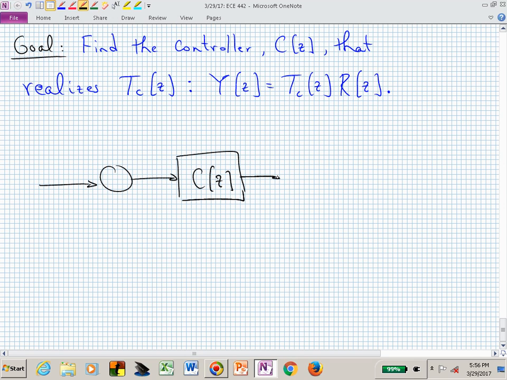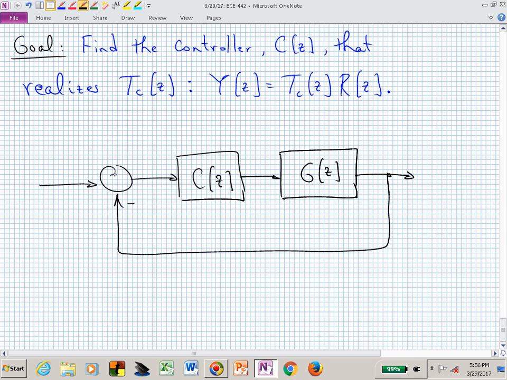So here's our controller. Here is our system or plant. We have our reference input R and our output Y. And I was talking last time about this cheer, and some of you felt left out, so I'm going to derive a different cheer tonight. I realized when I was preparing for today's, I was saying the cheer, and it wasn't what we talked about before. It was wrong. You guys didn't correct me. But let's work on a different cheer today.